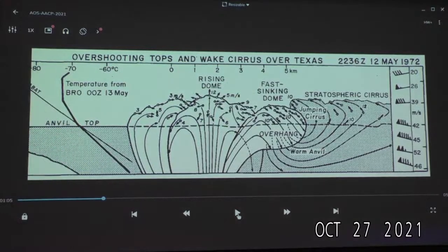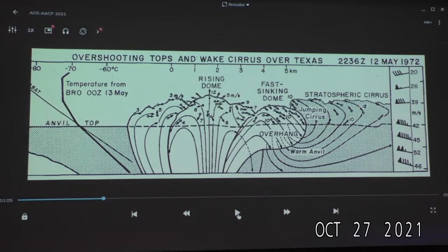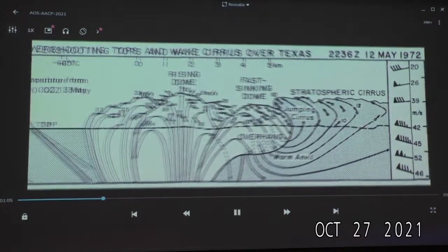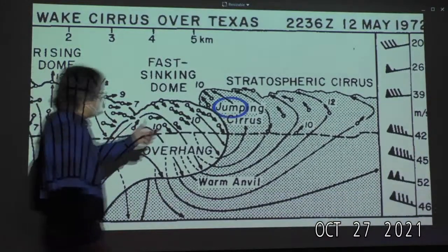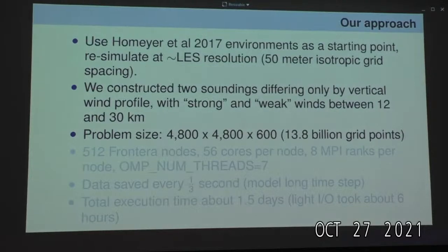Yeah, remember, this is Vonder Haar from the 70s trying to interpret what he saw. So this is his interpretation. You've seen his pictures before, right? He does this all the time. He has no actual evidence other than visual evidence of what's going on here. So I put this here just because he called it jumping cirrus because it's a hydraulic jump, et cetera, and it's from that paper. So the upstream portion of the hydraulic jump is emitted directly from the updraft in this case. I'm not sure that he actually identified how, if that is a hydraulic jump in that picture, yes, I would say. But that is just, again, a schematic. I wouldn't take it too seriously in getting to the deep physics of it.